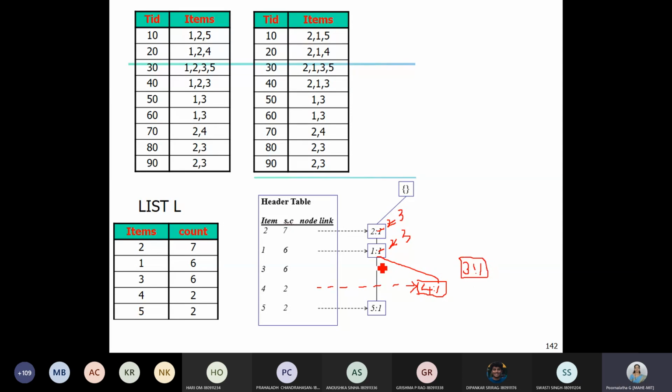So below 1 we have 3, and 3 is appearing for the first time in the FP tree, so a horizontal link from the header table to the item 3. Then 2, 1, 3, 5. So below 3, create a new node 5.